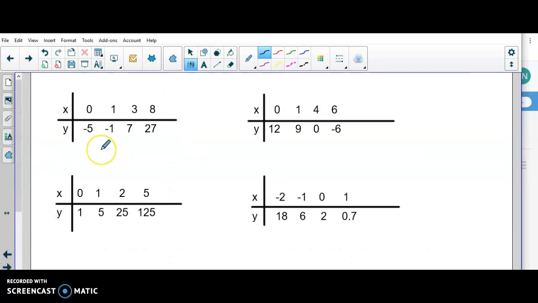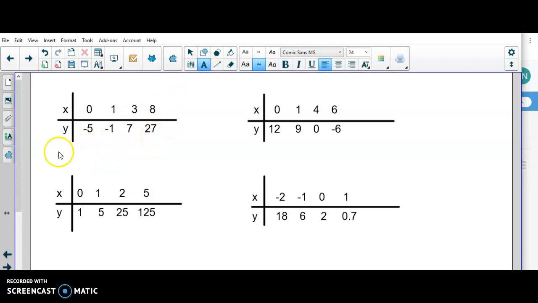The next way we can describe a pattern is when we look at a table of values. So we want to look at the overall pattern of our table of values. So here's our first table right in here. For our first table, we notice that as x is increasing, the y is also increasing. So we can say that this overall pattern